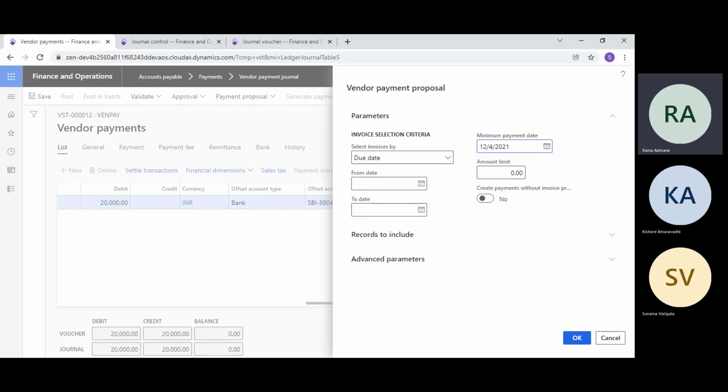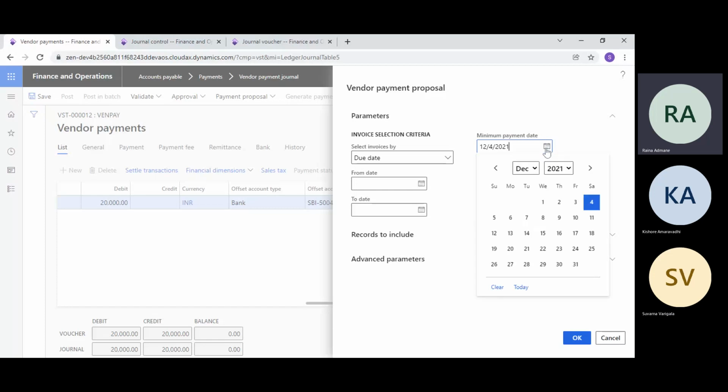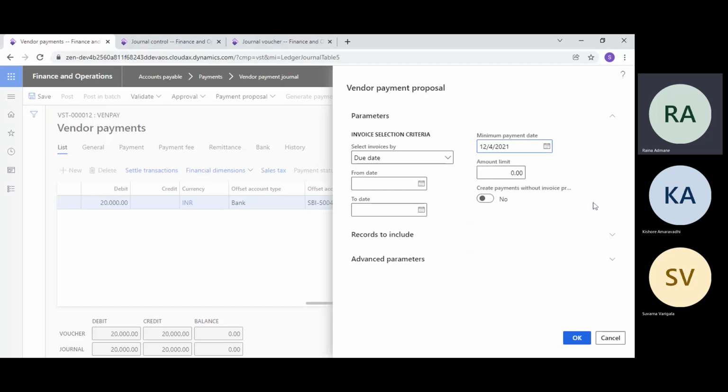But if you have a lot of transactions and you want only a particular 5 days of data where payment is due, the last 5 days where we have not paid, that kind of selection we can do here. But right now we have only one payment, so just keep the minimum payment date, it may be the current date. And the amount limit is also not needed.